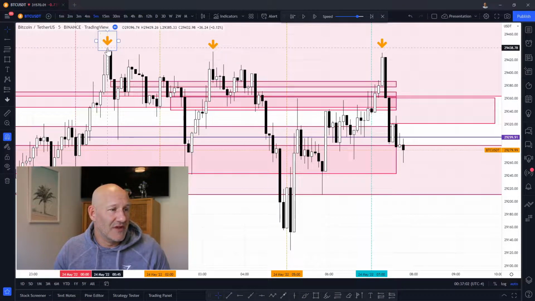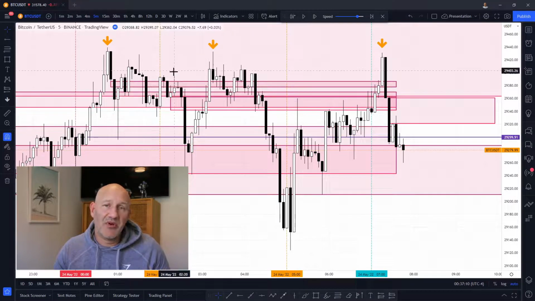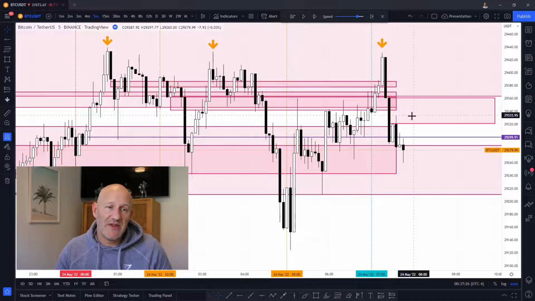So you can see this one is higher than this one, and then this one is higher than that one. And so what that tells me is that price has not gone above those intermediate term highs on any of these impulse moves. And in fact, each move, the high has been lower than the previous high. And so that gives me a lot more confidence that this setup is not going to eclipse the high of